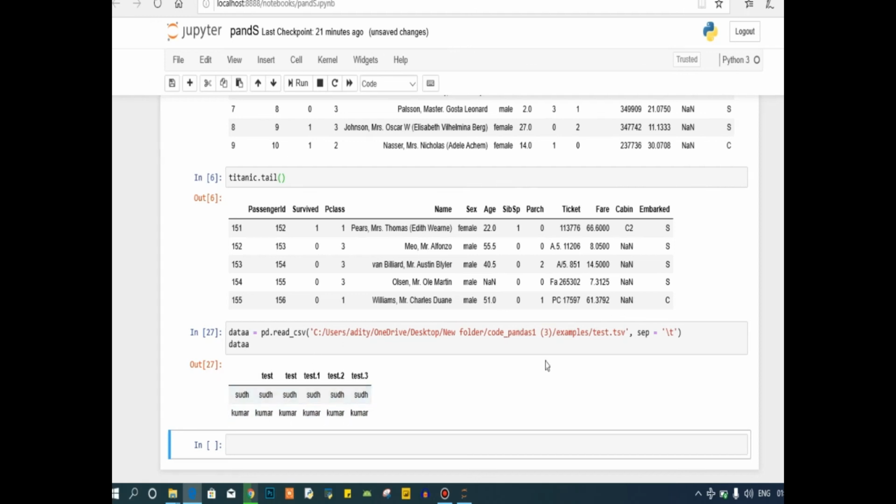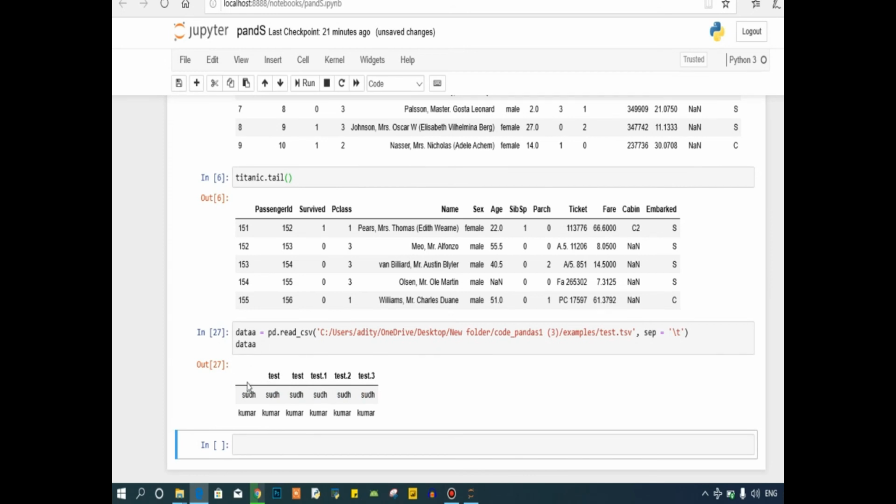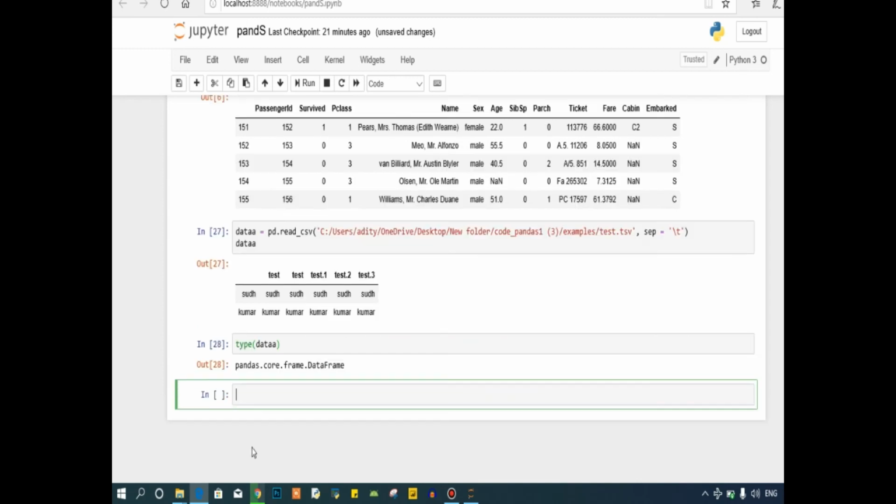Now guys, what if you want to check the type of this data? Just type here type, and inside the bracket data, and let's run it. Here you will find it's of type DataFrame. Now what is this data frame?